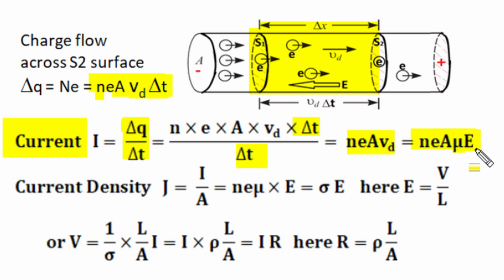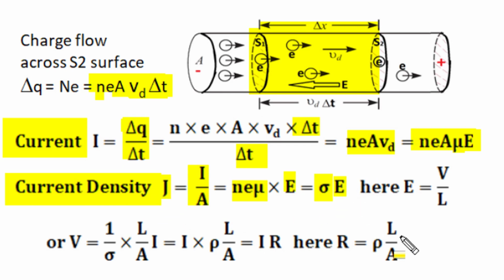So in this current expression, if current per unit area or current density is obtained, then we get N e mu E, and N, e, mu, all three are constant, and the product of these three constants is another constant known as conductivity of the conductor. We can say current density J is directly proportional to the applied electric field in the conductor, and the proportionality constant is conductivity, and J is equal to sigma E is Ohm's law in vector form, where current density and electric field intensity both are vectors of proportional magnitude and the